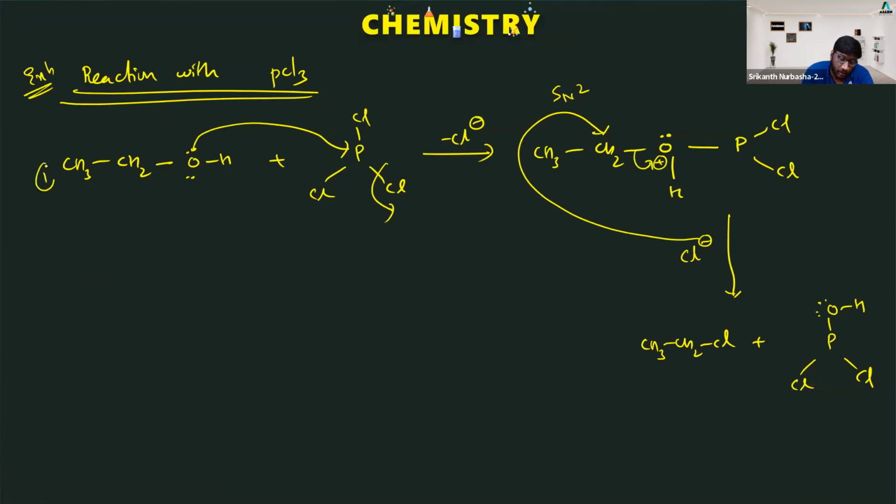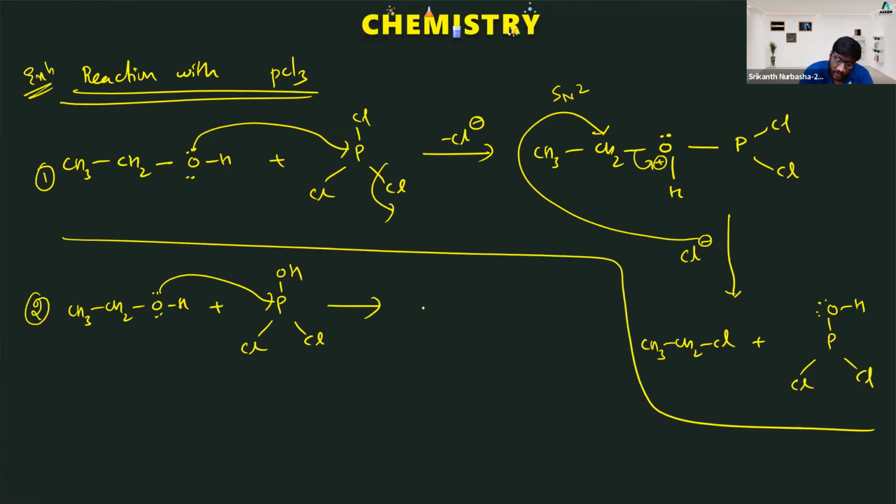This is the first molecule of alcohol. Now I'll take the second molecule of alcohol, CH3CH2OH, plus POHCl2. The lone pair of electrons on oxygen attacks the phosphorus. As soon as the attack occurs, what happens? You will form CH3CH2,